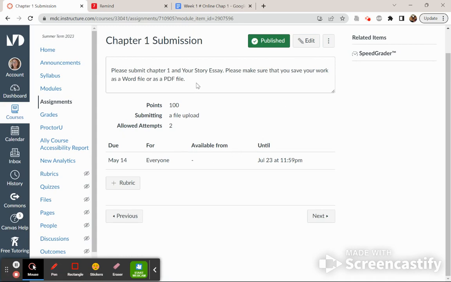Make sure that you save it as a PDF file if you're using Google Docs. Do not add links. Most of the time the link won't work and I have to request permission. So just save it as a PDF file. If you're not sure how to do that, you could send me a text or you can Google it. It's really easy. If it's a Word document, it's fine.